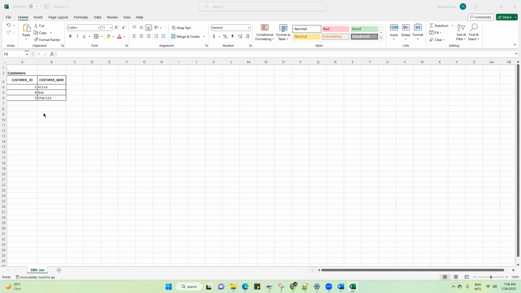Missing IDs in the sense, if you can see, what are the missing IDs? Any idea? Missing customer IDs? 2, 3. Very good. So the missing customer IDs are 2 and 3. Okay, so this is just a simple